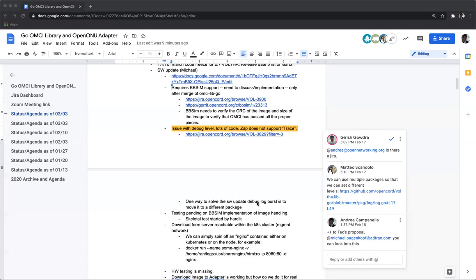Hardik, what do you think? Yeah, I think that's fine. To start with, we can have Docker running more like an NGINX server, right? And that will hold the image, and we can always use that to download the image from there and start using it. But what do you think of putting it into BBSIM as Theo was proposing? Directly into the BBSIM container. It's just a way of not having another Docker running there.